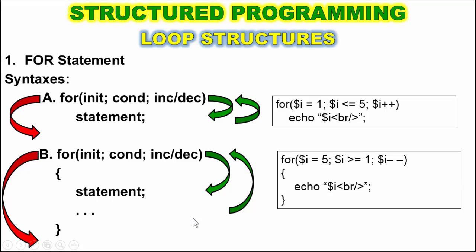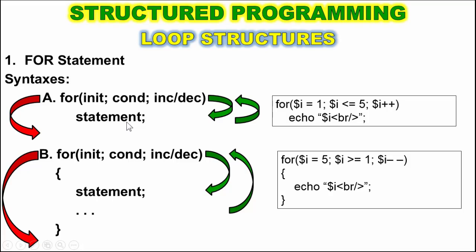Number 1. For statement. There are two syntaxes of for statement. The first syntax, we write the keyword for followed by parentheses. Inside the parentheses, we put an initialization statement followed by semicolon. Next, we place the conditional expression followed by semicolon. Next, we place the increment or decrement statement, then provide one statement or command to be executed by the CPU